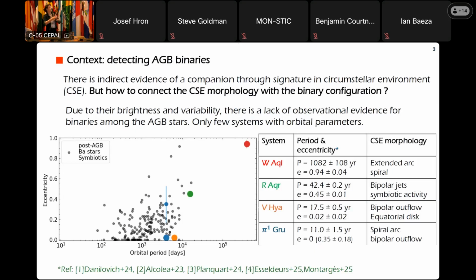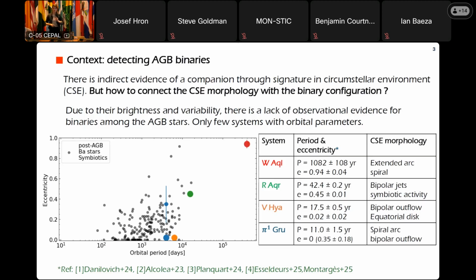So you have learned about some of them this week. You have the one that Thaisa mentioned, W Aquilae. You have R Aquarii, which was introduced by Jean-François some minutes ago, then Pi1 Gruis, introduced by Lynn, that is the shortest period that we have, and that Julien will explain a little better.